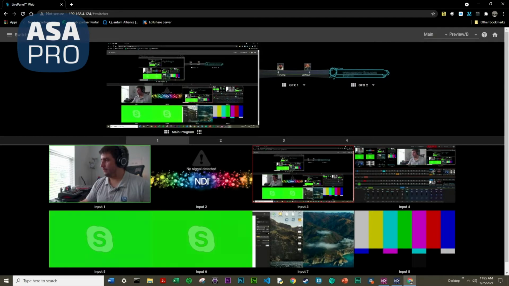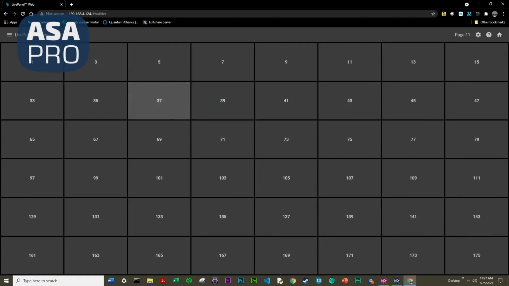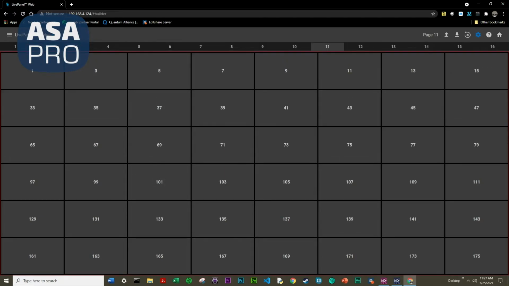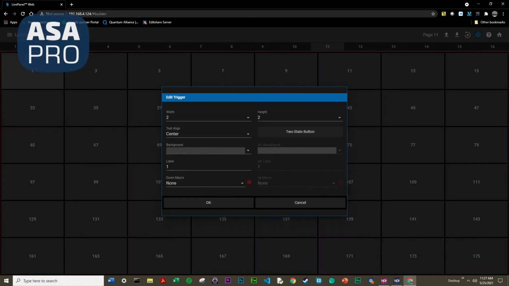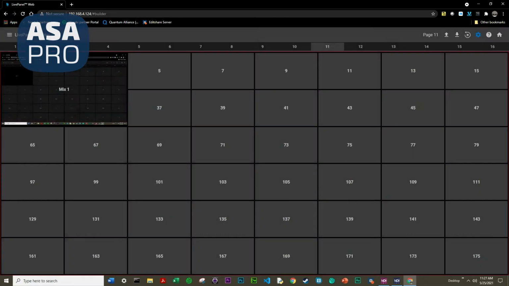So then another page that we want to talk about inside of Live Panel is the Live Panel Builder. And what you see when you open that up for the first time is a tile node grid. And when I click on these, obviously they don't do anything yet, but when I come to configure these tiles, I can change the size. I'll just call this one Mix 1, and then choose the actual Mix 1 as a source. So then when I press OK,